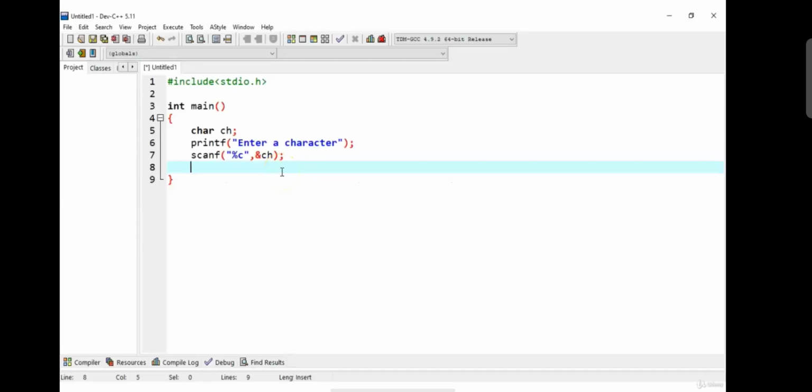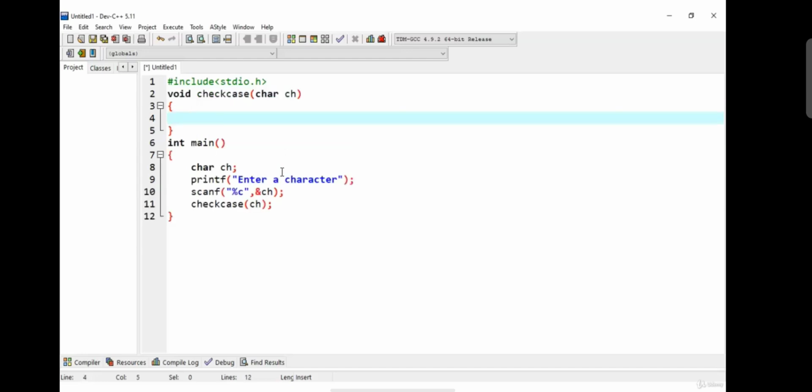In this program, we need one character variable, and we are accepting the value of this character variable from the user. Let's use a user-defined function with the name checkCase. We are passing the character variable ch as an argument to the function. We need to define this checkCase function, and we will define it above the main function. This function will have the return type void, and it will accept one argument, that is one character variable.